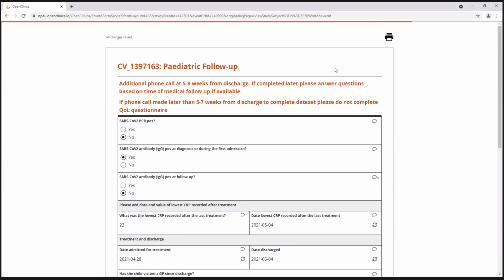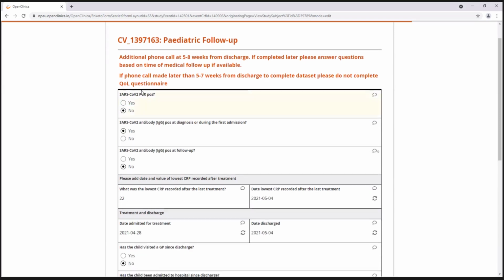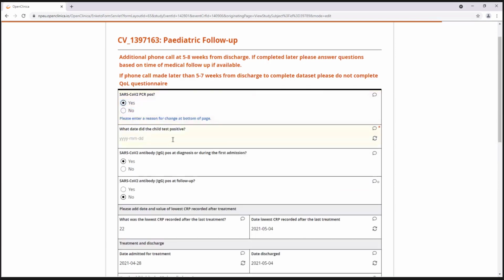And then this is the final page. So this is the additional phone call or appointment for 5 to 8 weeks post-discharge from the site. So it asks if the patient was ever positive. Now, when I first started doing these forms, I slightly misunderstood this question, but this is asking if the patient was ever PCR positive, like not just at the follow-up appointment, but any time during the first admission, or I think 2 months prior. I can't remember the exact timescale that it gives, but say for example, if you clicked yes, then it asks for the date,